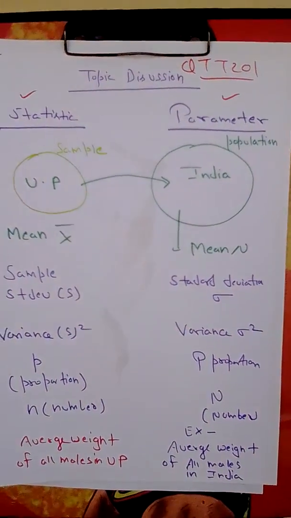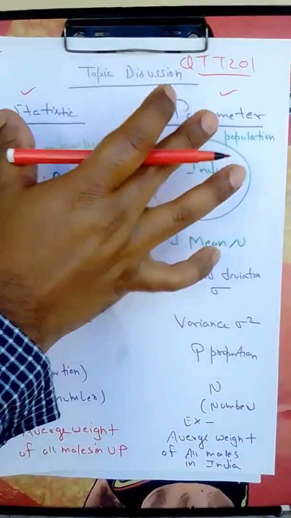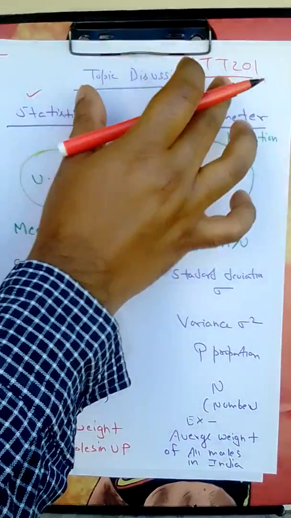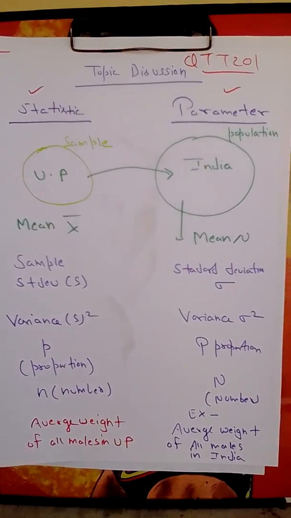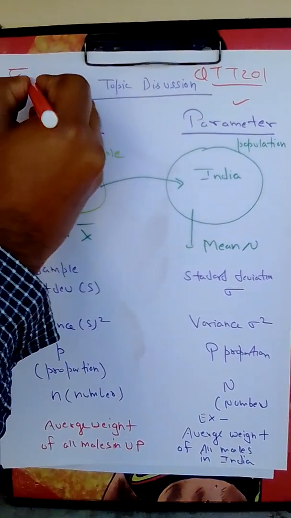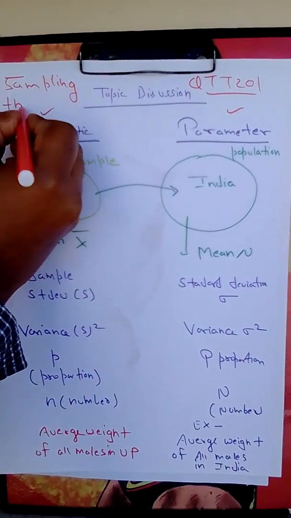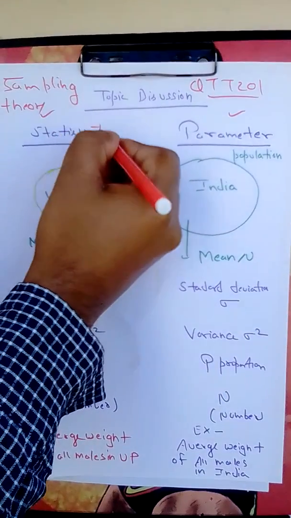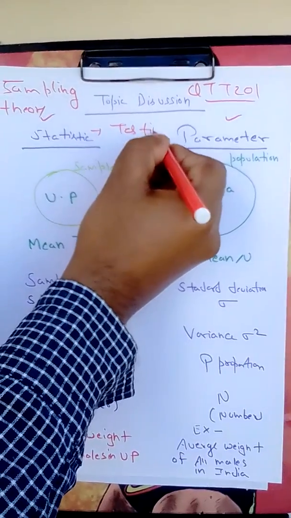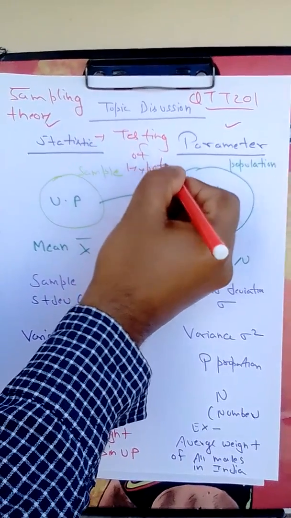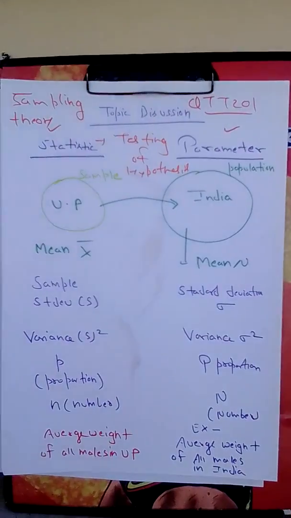We are going to discuss the topic: what is the difference between statistic and parameter. This topic is related to the unit of fifth, and it is very important for sampling theory. It is also very important to understand in this tutorial or lecture, where I will share how it is related to the concept of testing of hypothesis. But for prior information we need to understand what is the difference between parameter and